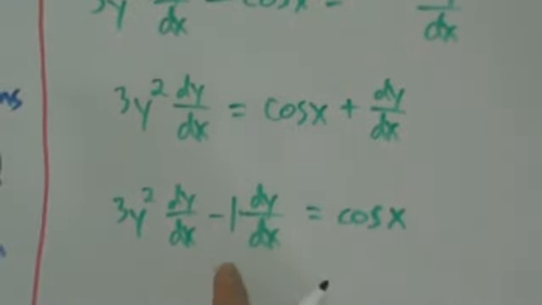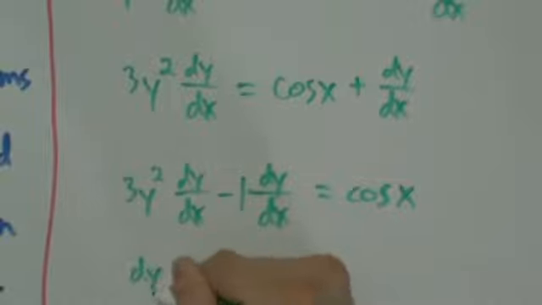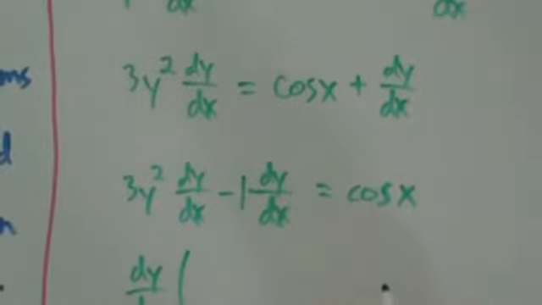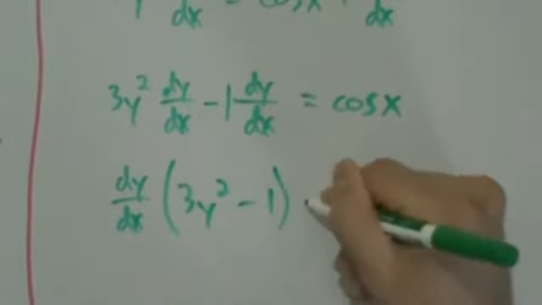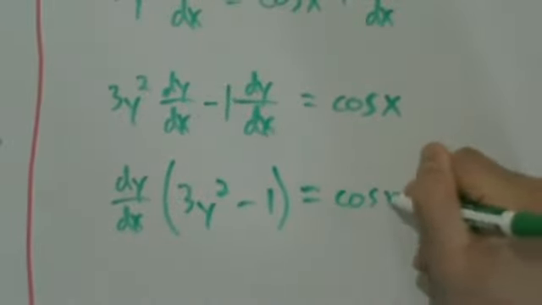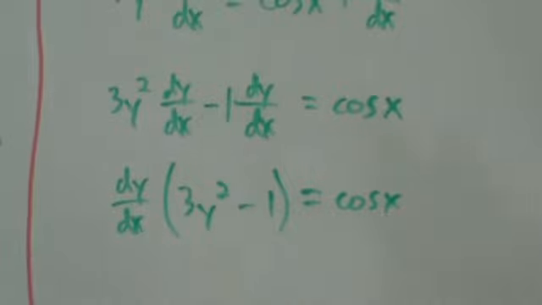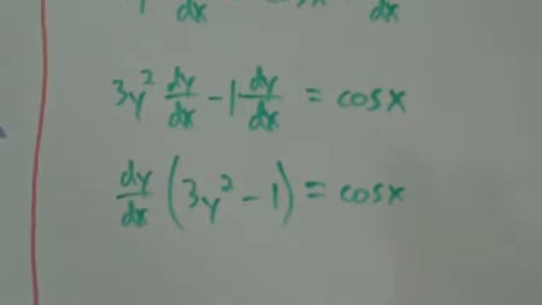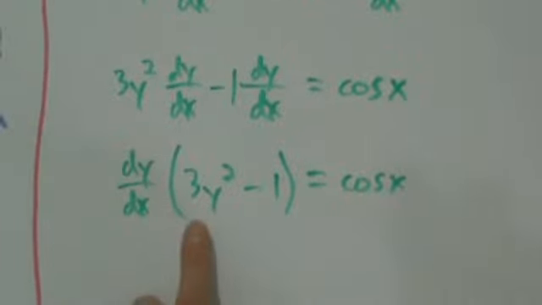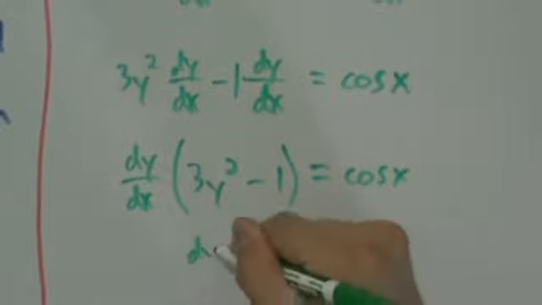So we can factor a dy dx out, and we're going to have dy dx times the quantity 3y squared minus 1 equals still the cosine of x on that side. Now we can just divide both sides by the quantity 3y squared minus 1, and then that'll be our answer. So dy dx